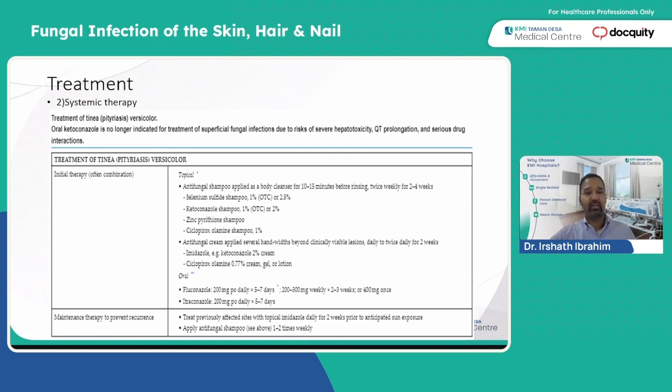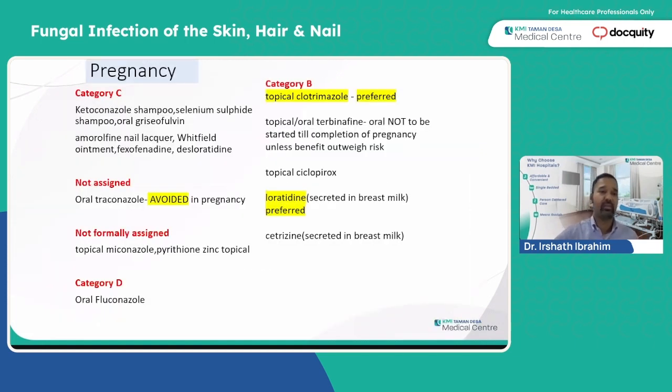So pregnancy, what can you give, what can you not give? Pregnancy category C means teratogenic effects have been documented in animal studies, but there are insufficient human studies. So these all fall under category C: ketoconazole, selenium sulfide. But having said that, if a pregnant patient presents with tinea corporis in the 2nd or 3rd